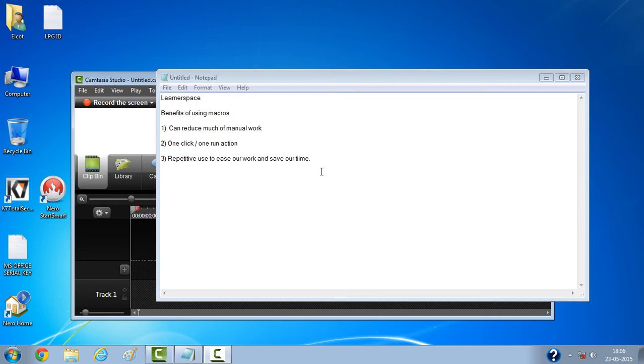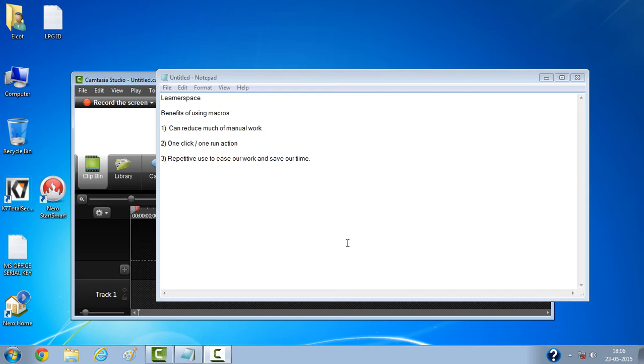You just want to reduce this work. In that case, you can write a piece of code in your macro, in your coding window behind this Excel or Word, whatever it is. And this piece of code can be run using a button or an object or a shape which is linked to this piece of code. So once you run that, it will do that 2 hours of work for you automatically within a fraction of a second. This way you can reduce your time, reduce your manual work, and increase the efficiency of the work.